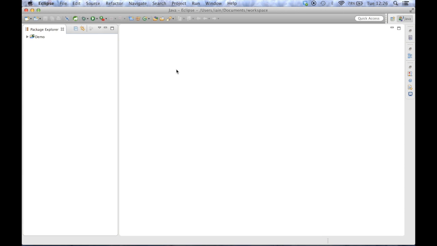Hello, in this tutorial I'm going to show you how to add Spock to an Eclipse project. In order to do this we're going to need to have Gradle installed, and how we do this is